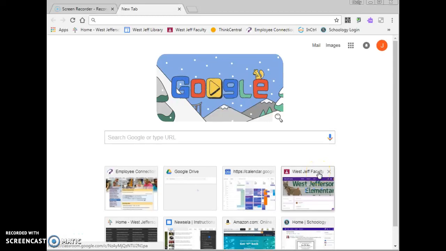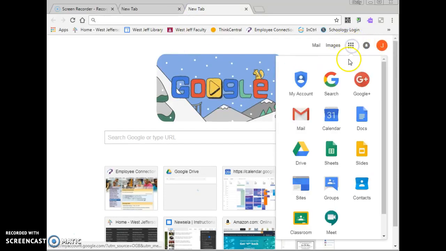This tutorial is to demonstrate how to use Google Draw features in your eStory book. We're going to start by opening up Google Classroom. Once you've logged onto your Chromebook, you're going to open a new tab. Once you get to the new tab, you can click on your 9 squares to find this icon that says